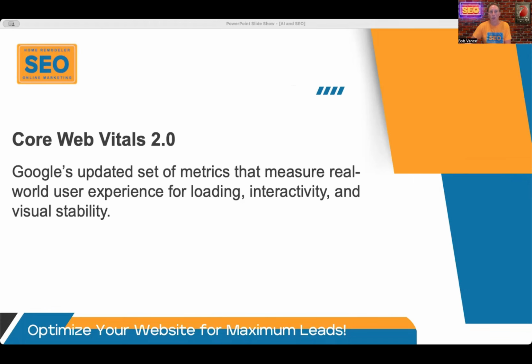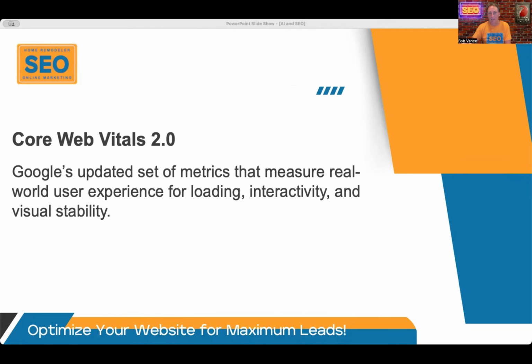Those are your core vitals. And so for a website and for your digital presence, one of the things that you need to be paying attention to are Google's updated set of metrics that measure the real world user experience for page loading speed, for the interactivity and that UX that we talked about, and also visual stability.